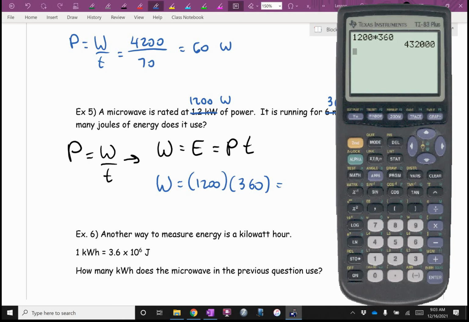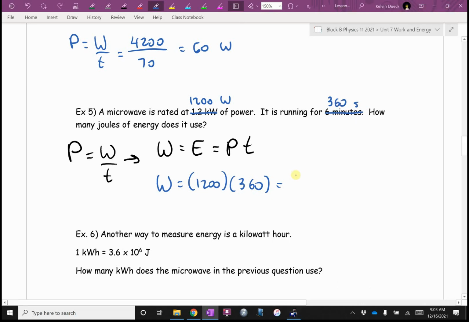Typically, a house would use tens of millions of joules of energy per month, or hundreds of millions of joules of energy per month. And that would terrify your parents if they got their energy bill with hundreds of millions or even billions of joules. And so, although in science the unit of energy is the joule, by the way, let's write this down, 432,000 joules. Your parents don't get billed in joules, they get billed in